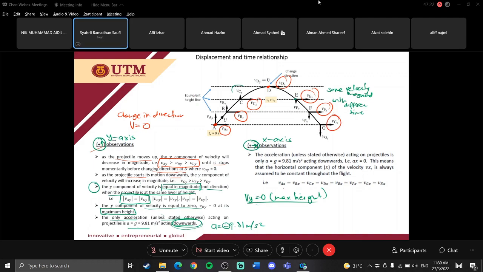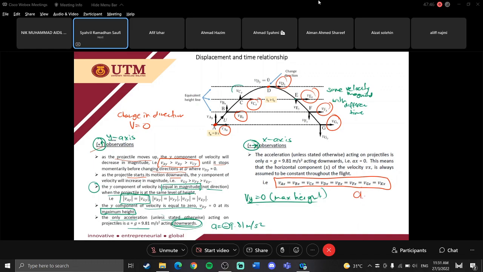You may notice that the velocity along x is always the same from the start to the end. Since the velocity along x is constant throughout the projectile motion,